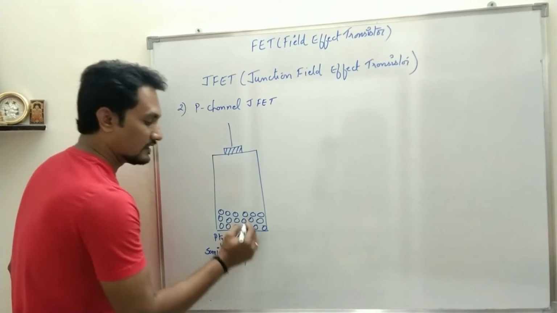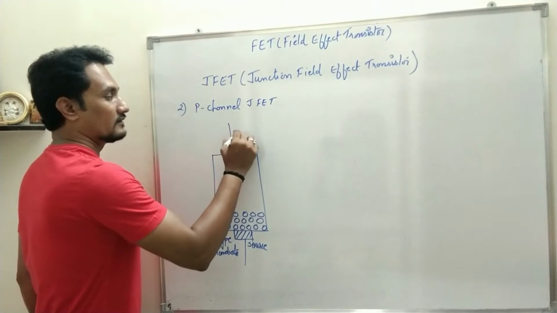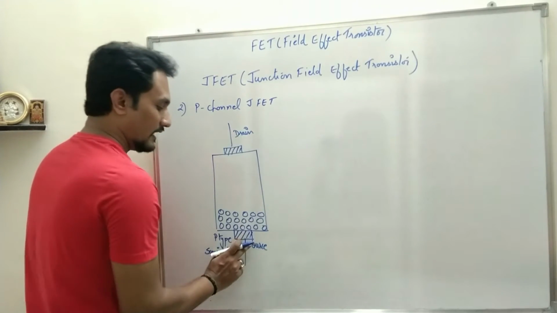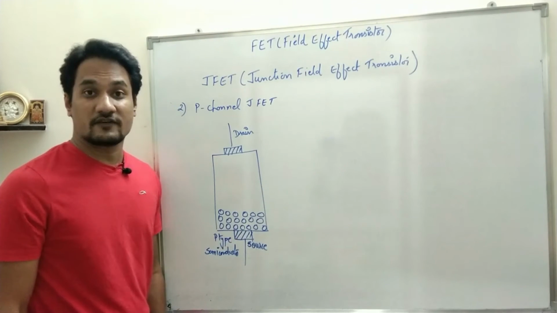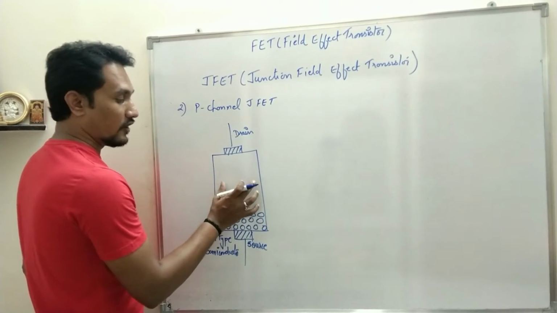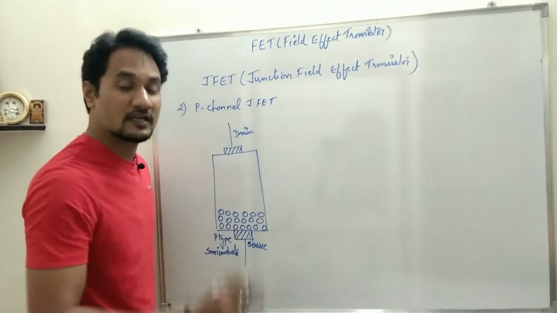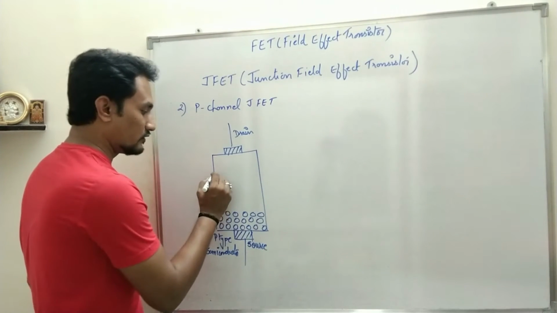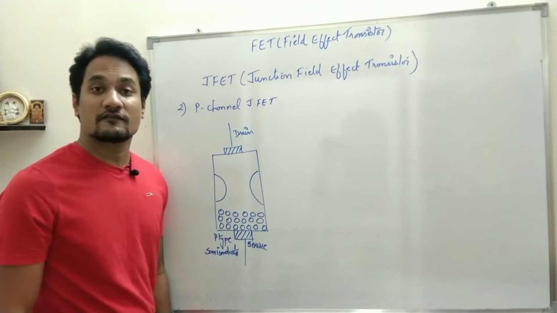From where the charge carrier will move is called as source, and where it will get attracted or drained is called as drain. So these are the two terminals, source and drain. And if you remember, whenever we design a JFET, we need to have two PN junctions on either side of the semiconductor. In n-channel JFET we doped trivalent impurity so that we get P region on both the sides.